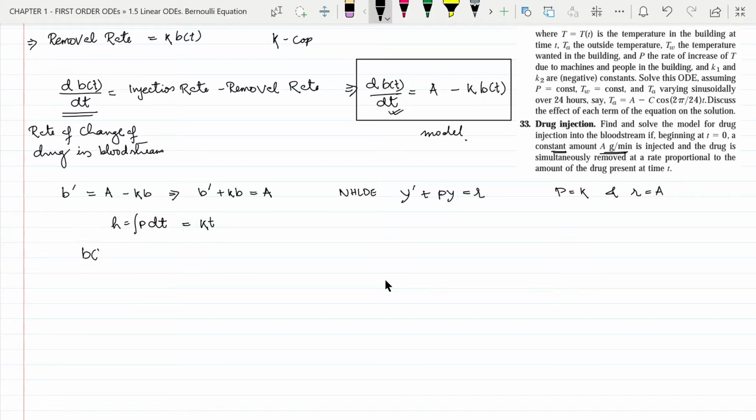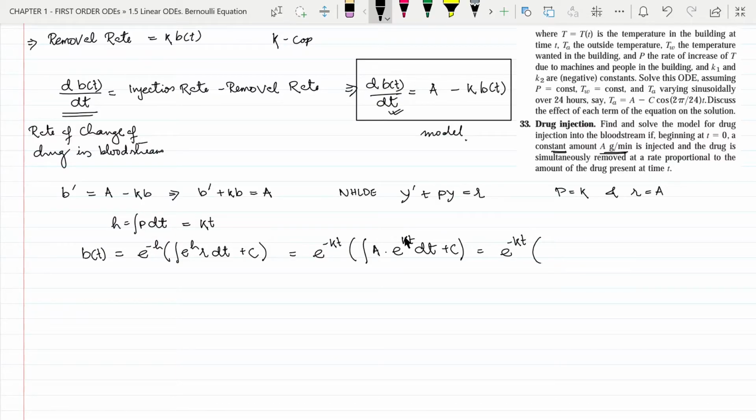So the solution will be b of t equal to e to the power minus h integration of e to the power h r dt plus c, which is equal to e to the power minus kt integration of a, which is r, e to the power kt dt plus c, which is equal to e to the power minus kt, inside it will be a by k e to the power kt plus c,